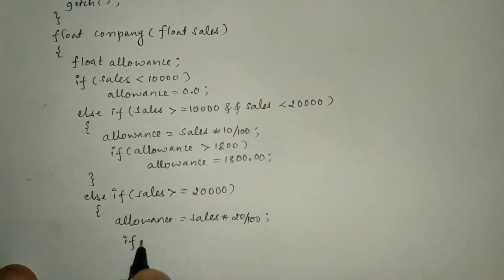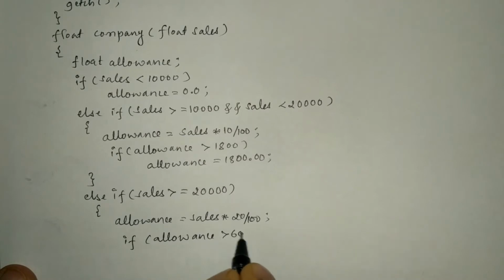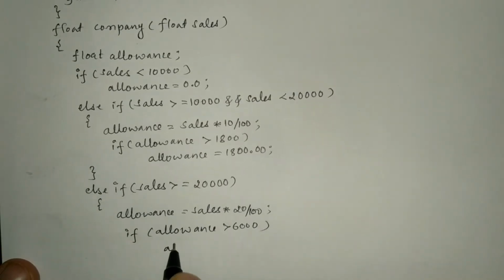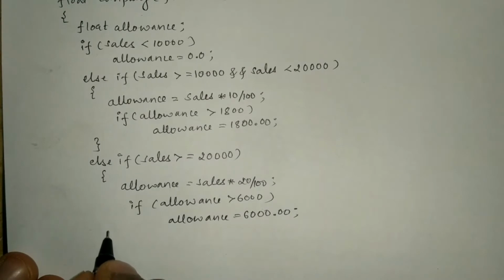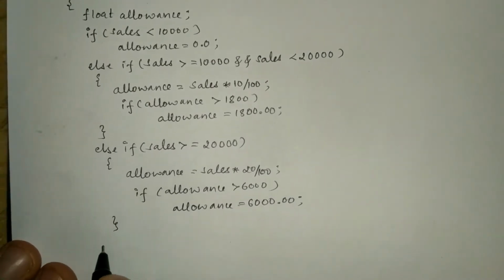Next, if allowance is greater than 6,000, then we have to initialize allowance with 6,000 only, even though it crosses more than 6,000. Okay. Next, curly closing brace, and then we are going to write here return